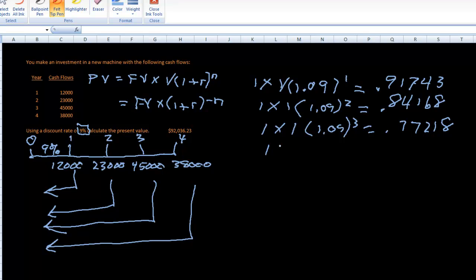And we have one more for the 4th year. We raise it to the 4th power, and let's see what we get on our calculator. Do it along with me. We get 0.70843. Okay, so if we multiply each one of these factors times each year's cash flow,